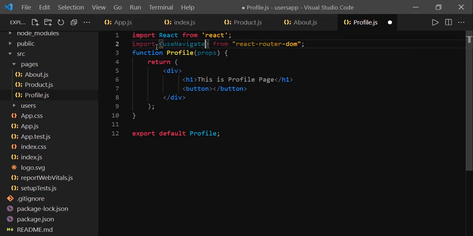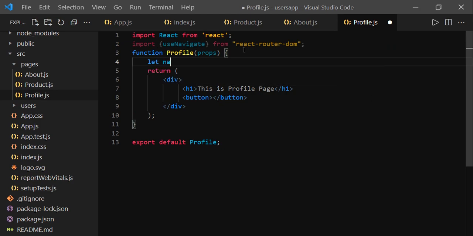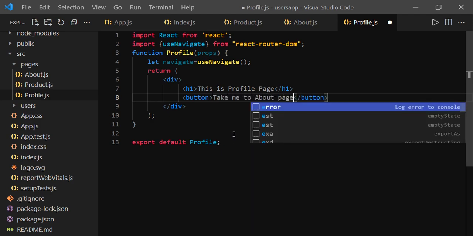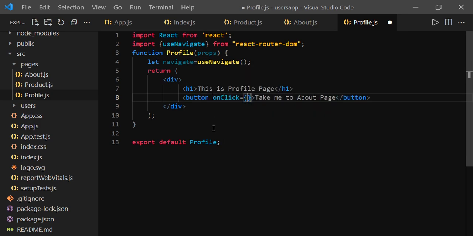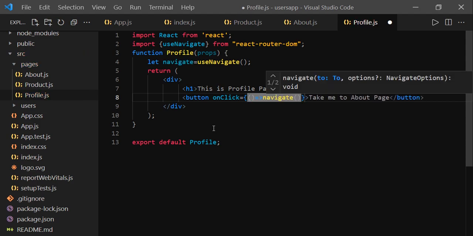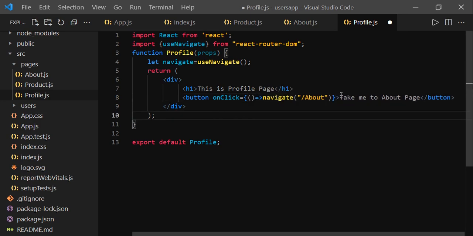Let navigate equal useNavigate, and just make a call, and here just use the text 'Take me to about page', and let us define the onClick event. On click we are going to say navigate, and here we mention the path about. So whenever the user clicks on the button, we are going to redirect them to the about page.